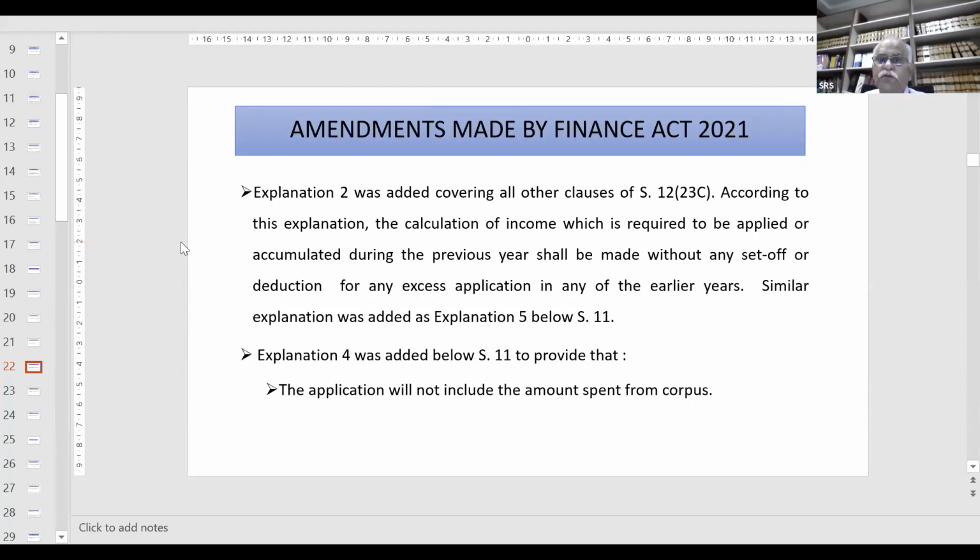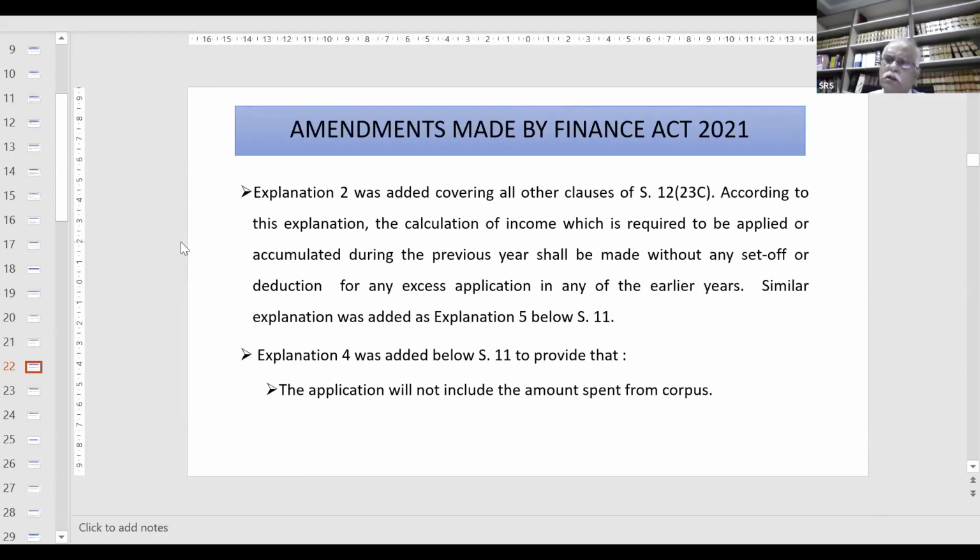According to the explanation which was added, the calculation of income which is required to be applied for the accumulated income during the previous year should be made without any set-off or deduction or any excess application of any earlier years. A similar explanation was added into section 11. You are aware that